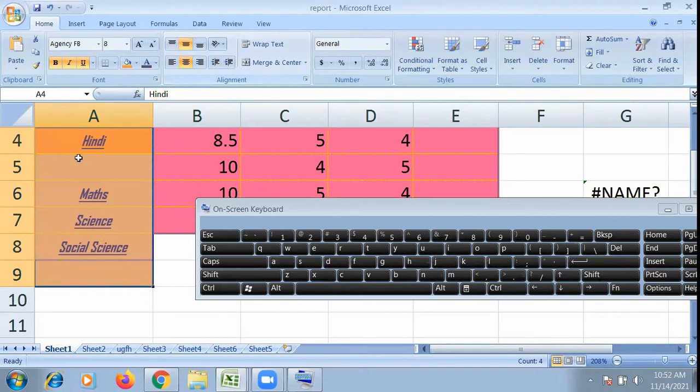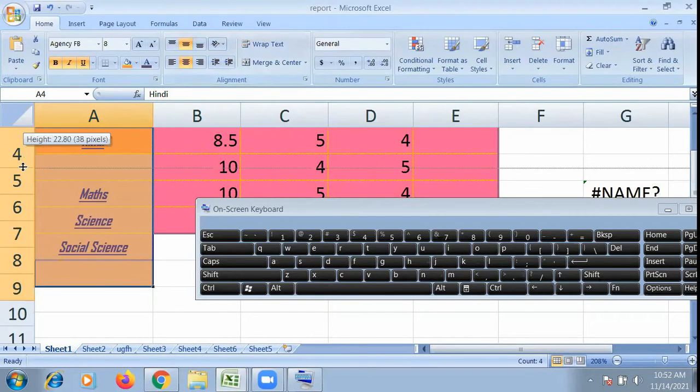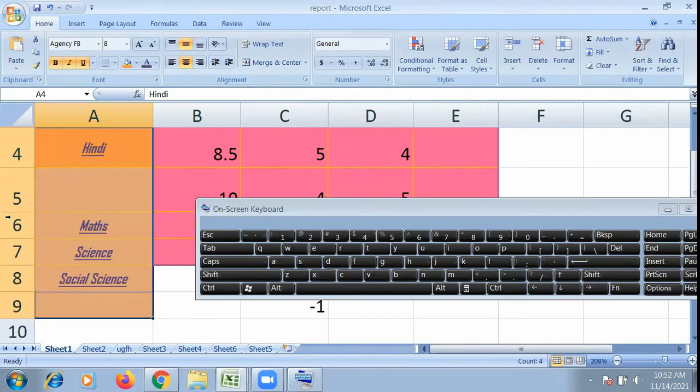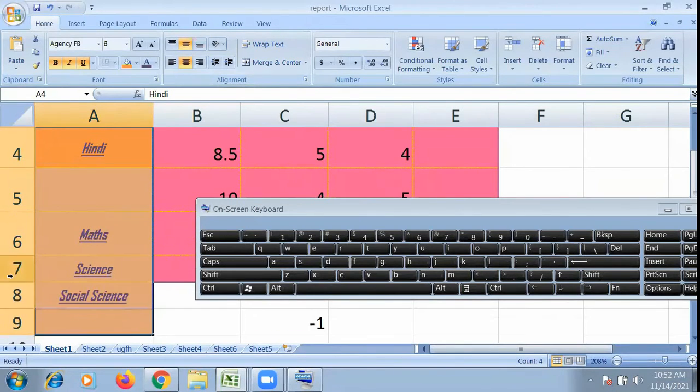Now with the center alignment, it will appear middle center. As you increase the size of the column, you will understand easily. See, it is not over the bottom line. It is in the middle of both the upper and the bottom line.